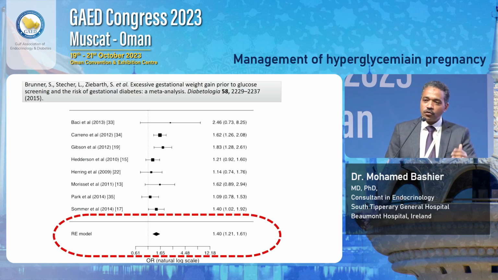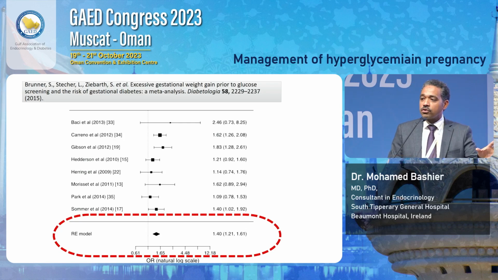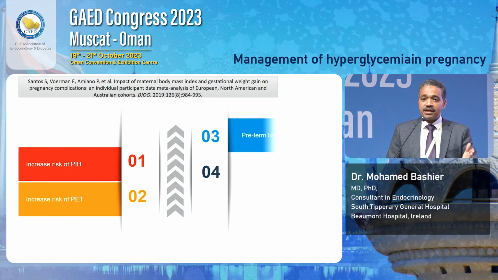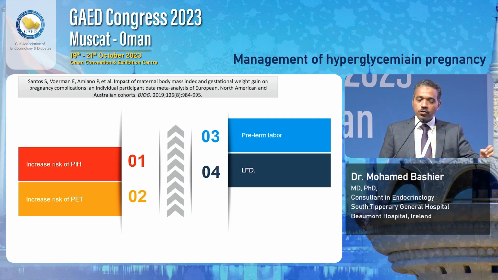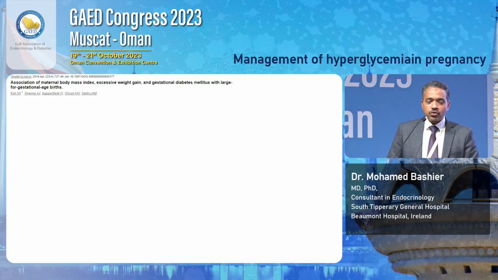critical risk factor for increasing the risk of gestational diabetes, especially if it occurred before 20 weeks, to be modest, before 15 weeks, to be specific. So the higher the weight gain early on, the higher the risk of complications. And a meta-analysis of large networks showed basically that excessive gestational weight gain increases the risk of all forms of complications: hypertensive disorders, which I just told you carry very serious pregnancy complications and long-term sequelae, and large for gestational age and preterm labor.